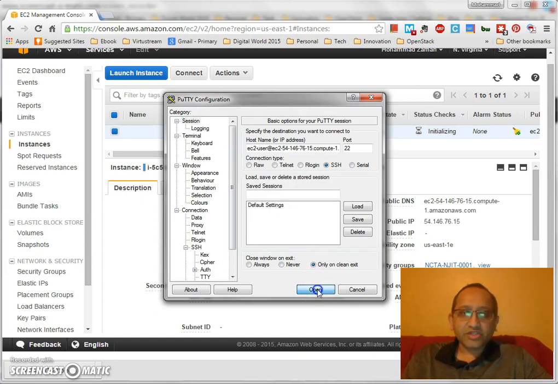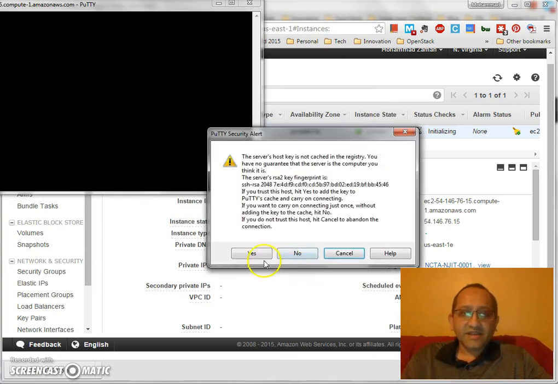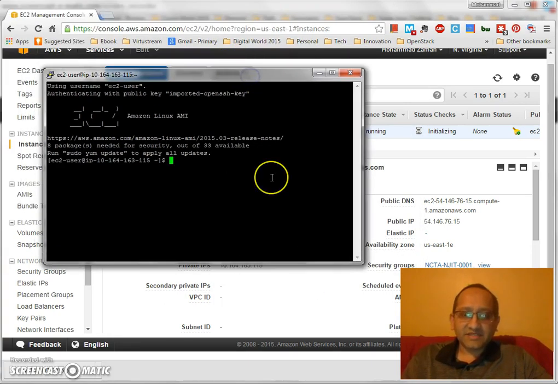And if you see, it should be logging in. It says, I say yes, boom, I just logged in. And if you guys notice in front of what I have right now, it didn't ask me for a username, it didn't ask me for a password, because everything was there. So right now I have logged into AWS for my image that I launched at AWS. I logged in from Putty, from my laptop, using the private key which was generated using the Amazon AWS key